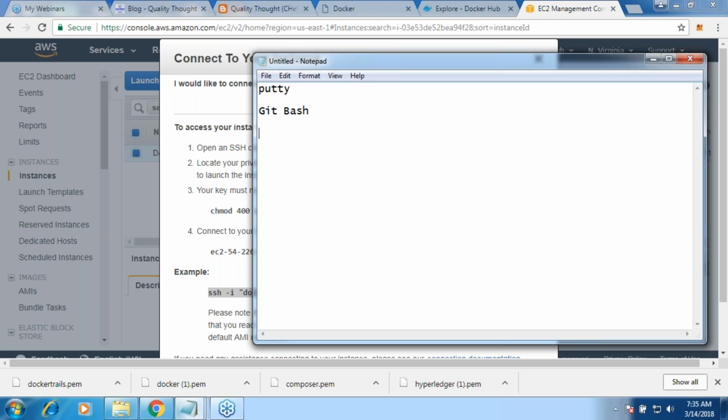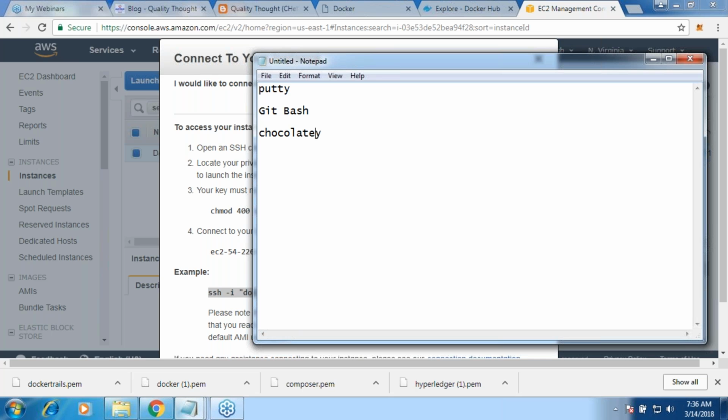To do this on Windows, I'll be introducing a new tool called Chocolatey. Chocolatey makes it easy to install software on Windows. Remember, this is only for Windows. If you are on a Linux machine, there is no need for Chocolatey. You already have apt-get. If it is Red Hat, you have Yum. If you are on a Mac, you have Brew. But on Windows, we don't have any command line utility which can install software for us, and Choco fills that gap.